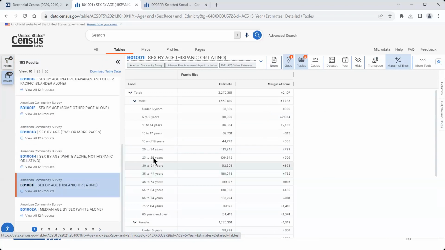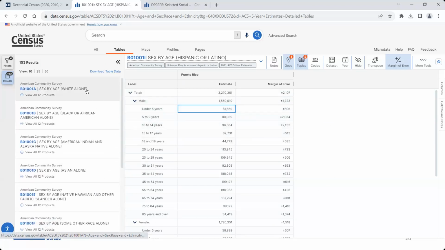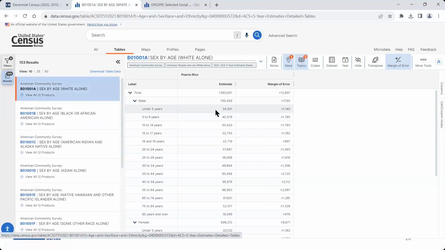So if I was looking for something like the male under 5 population, as we can see here, for Hispanic or Latino in Puerto Rico, if I wanted to break it down within all of these 9 different races and ethnicities, I'd have to go table by table, either download these tables or jot these numbers down and have to memorize them. And it can be a bit time consuming and not as efficient to go through something like this. What we can do instead is build out one single API query to pull all 9 of these tables back at once in one single fell swoop.